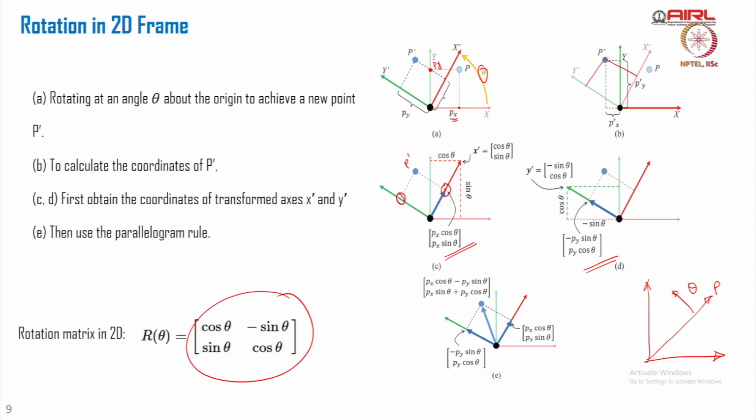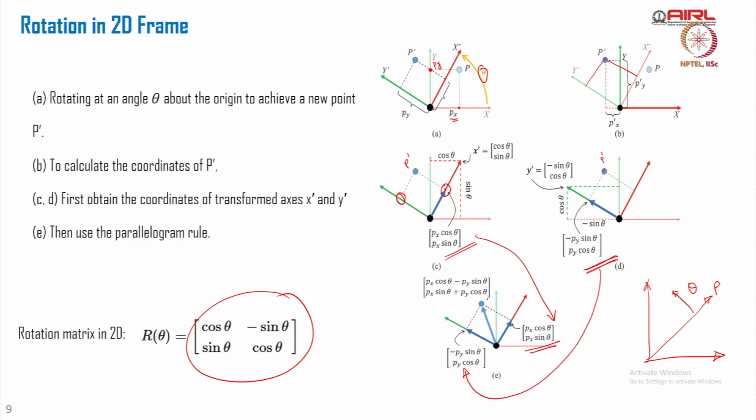So the x coordinate of the transformed point P hat in the transformed frame becomes px cos theta and py sin theta, that you can verify. When it comes to the y coordinate of the point P hat, it comes something like this. So these two terms, px cos theta and px sin theta from here, and minus py sin theta, py cos theta from here,